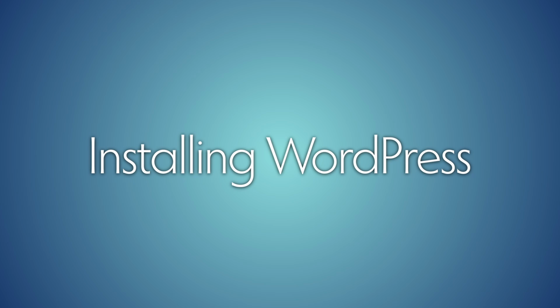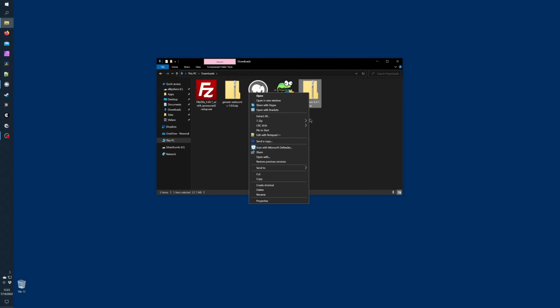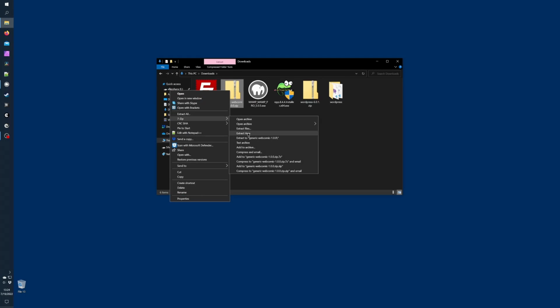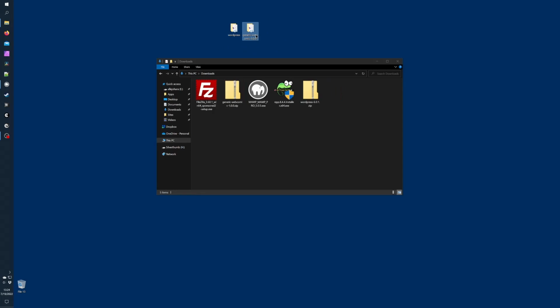Installing WordPress. Now we're ready to install WordPress. Go to your Downloads folder and unzip WordPress and the WordPress comic theme. And drag them to the desktop. Select the generic webcomic folder and delete the version number at the end so it just says generic-webcomic.